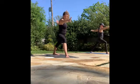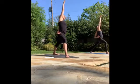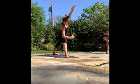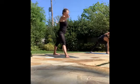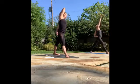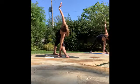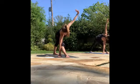From this warrior 3, we're going to reverse. Come forward into your side angle, right hand down, left arm up. Once again, reverse that triangle. This time come forward, making your way to your triangle pose again. Nice deep stretch. From here, left hand down,